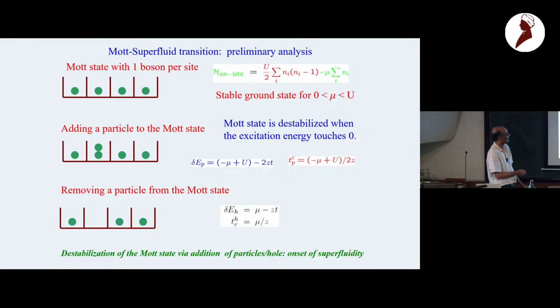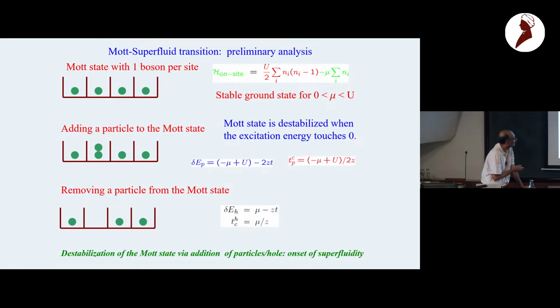So it depends on that coordination number. But now you see that this excitation energy becomes negative at some point when this T is large. Now what does that signify? If you are doing a perturbation theory and you get a correction to your energy which is negative, you should really throw away your calculation. That's certainly not